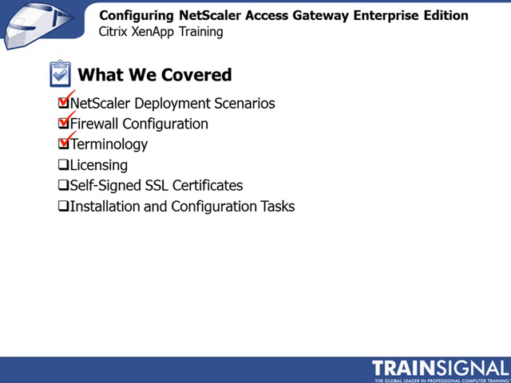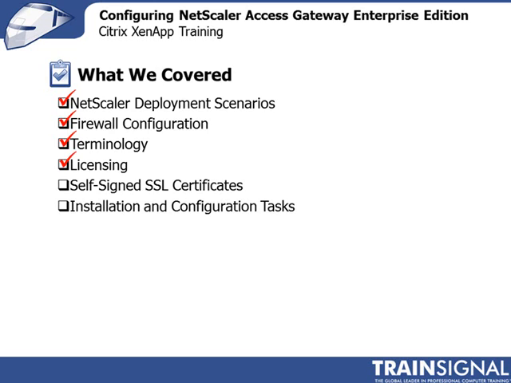We talked about the terminology. What does an NSIP mean? That's a NetScaler IP. What does a MIP, mapped IP address, mean? What does the CGP mean? That's the Common Gateway Protocol. What is the ICA, Independent Computing Architecture? So we went through all the terminology that we need from a NetScaler perspective, and then we moved on to